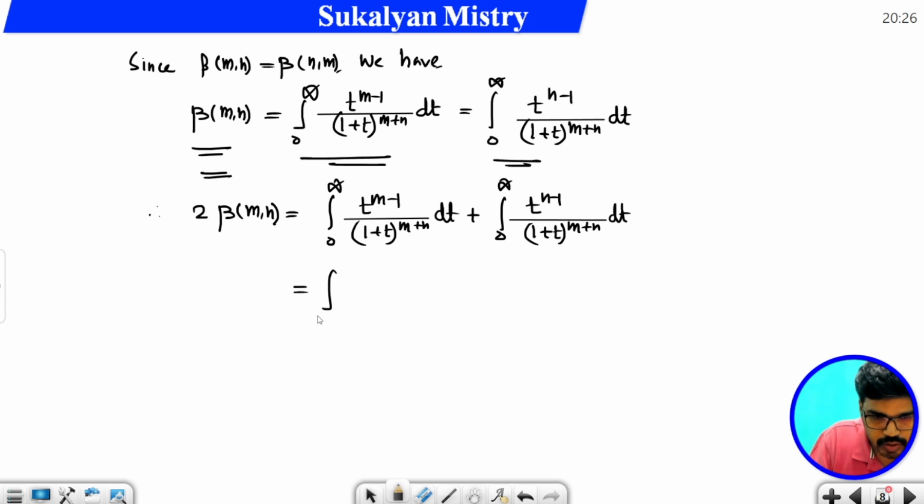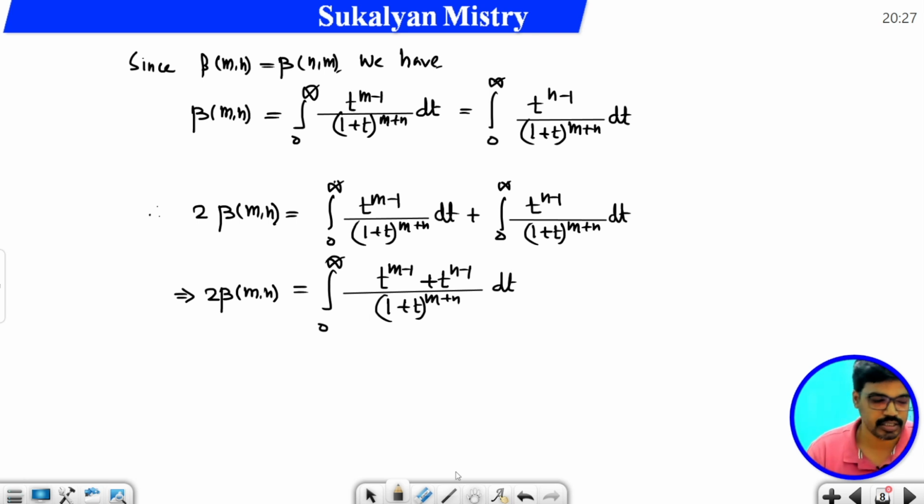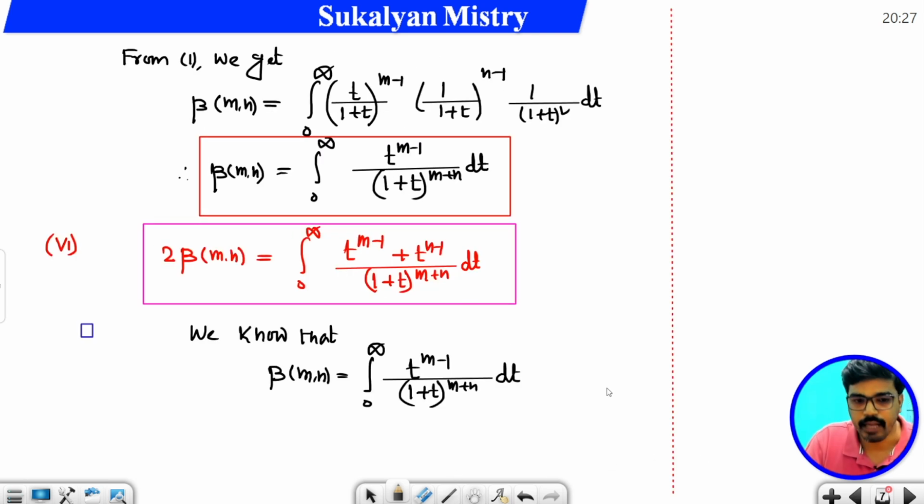So this is equal to integration 0 to infinity, just add, what will come, t to the power m minus 1 plus t to the power n minus 1 divided by 1 plus t to the power m plus n dt. Okay, so proved, right? So therefore 2 beta m comma n is this. Okay, in the exam this problem can also be given